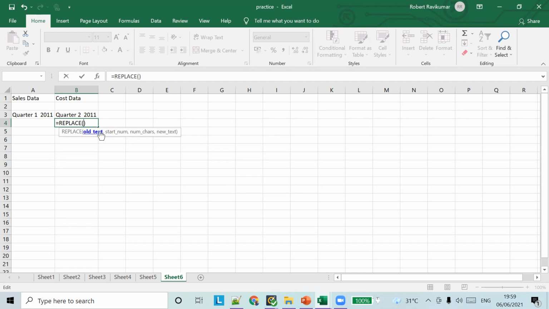So old text is, let's say, A1. Start position is, let's say, sales is 5, space is 6. And number of characters, let's say 4. New text, let's say sales.